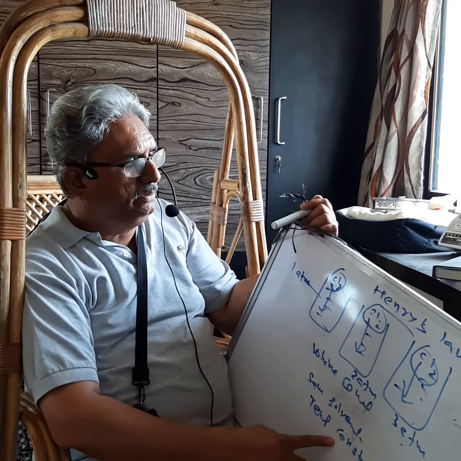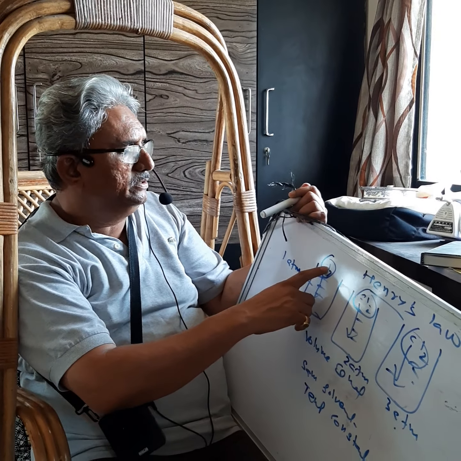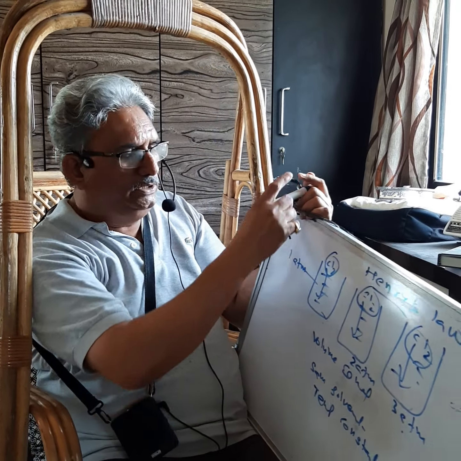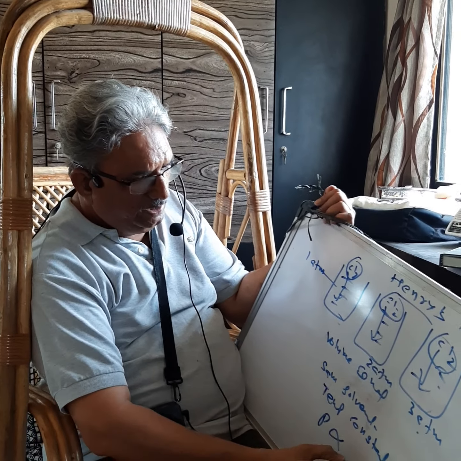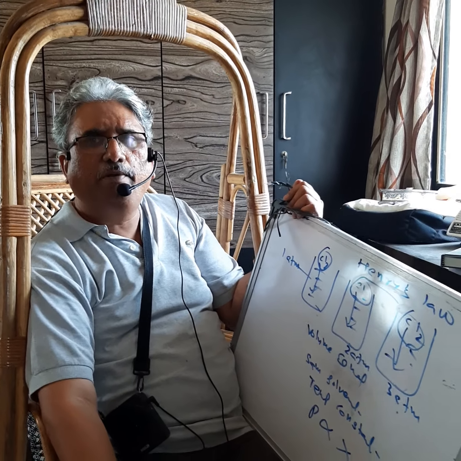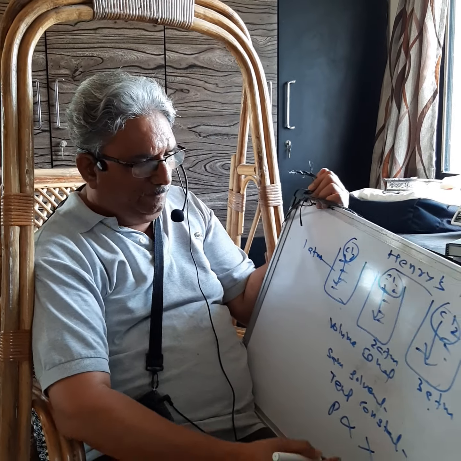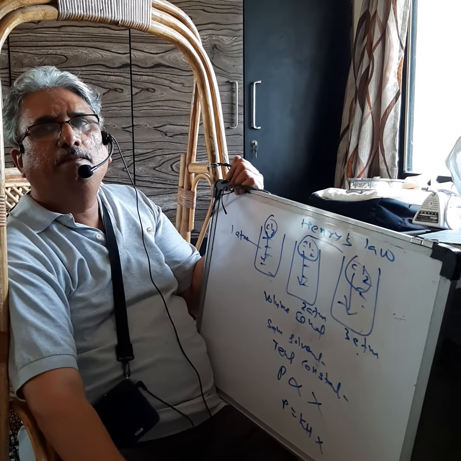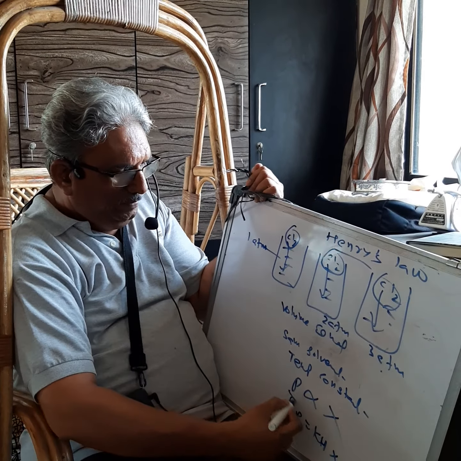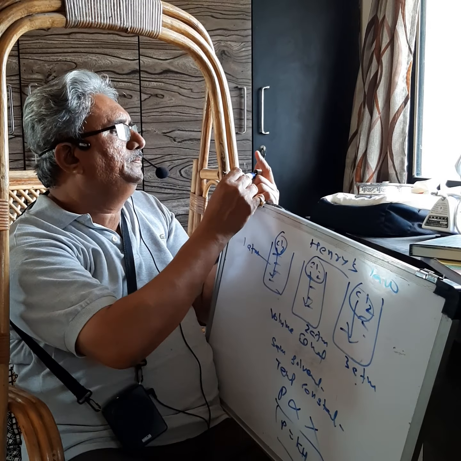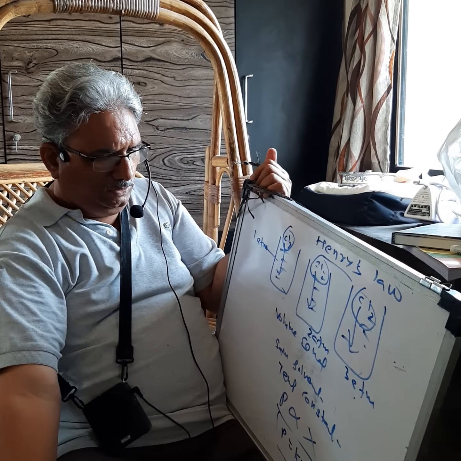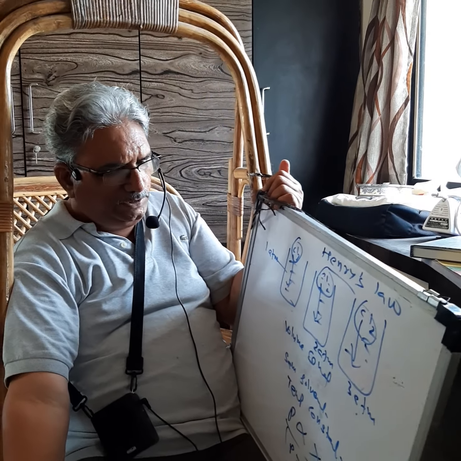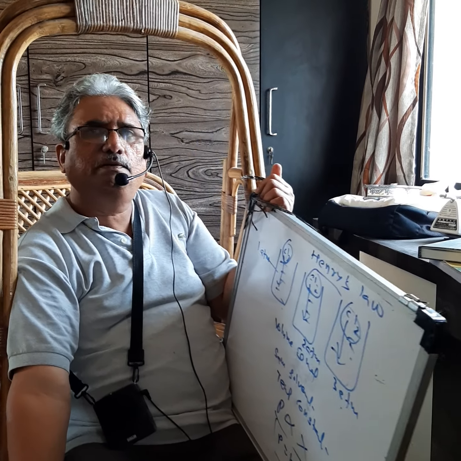At constant temperature, the solubility of a gaseous solute in a liquid solvent increases with increase in the pressure. This is called Henry's law, and he has established the relation P is proportional to X. X is the solubility, and if you want to show equality, then P equals KH into X. So this is a very important formula for us. This is called Henry's law. P is pressure, X is solubility in terms of mole fraction, and KH is called Henry's constant.